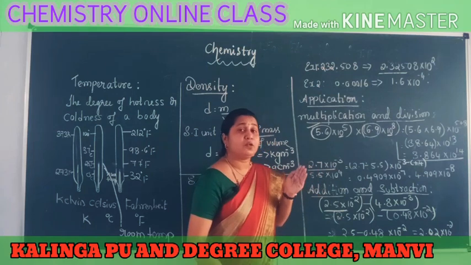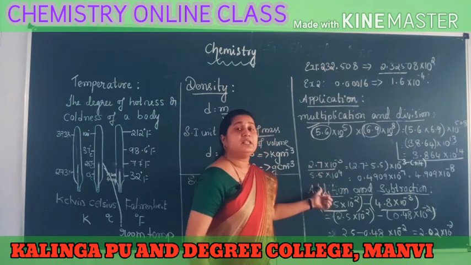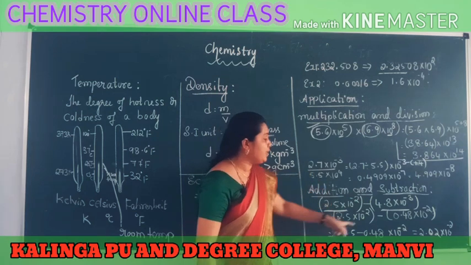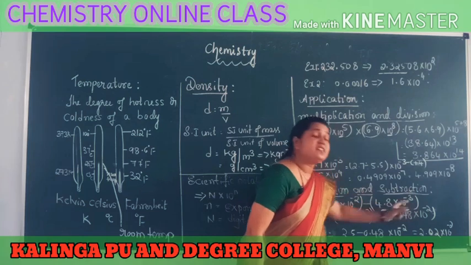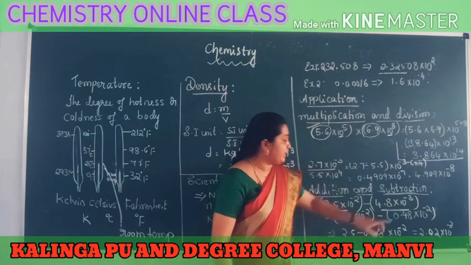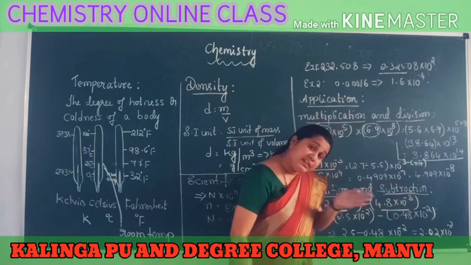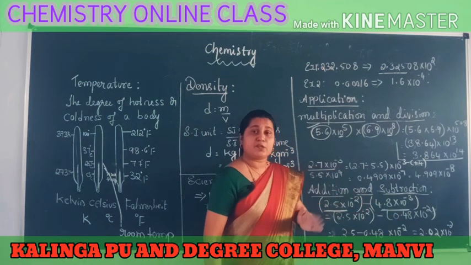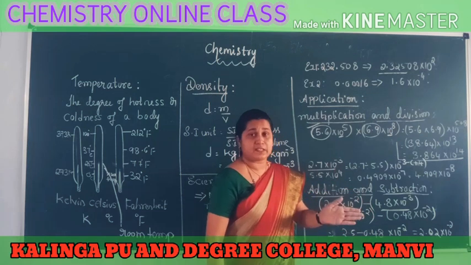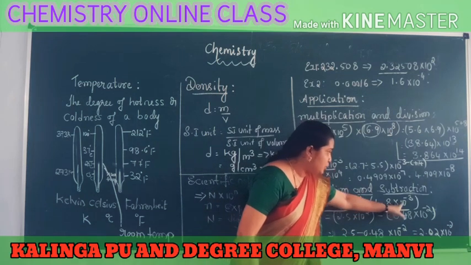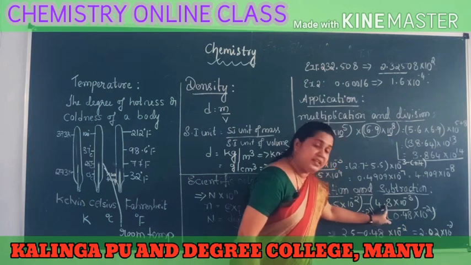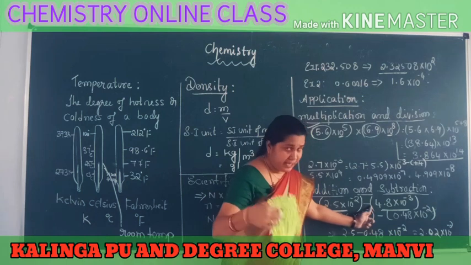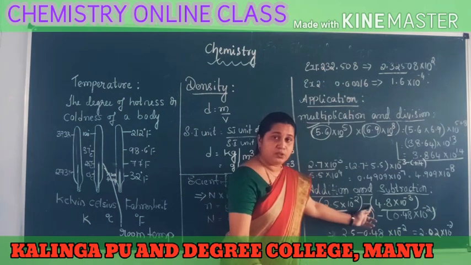So 4.8 we are making it as, shifting the point, 0.48 into 10 power; here 10 power minus 3 is already there. We shifted the point towards the left hand side. That's why it will become 10 power 1. Okay, minus 3 plus 1 will be equal to what? It is equal to minus 2. So 10 power minus 2, 10 power minus 2. The 10 power minus 2 is a common term. So take it outside. Then which is left out? 2.5. Apply the symbol; what symbol is there? Minus 0.48. From 2.5, if you take out 0.48, after subtracting you will get the value 2.02